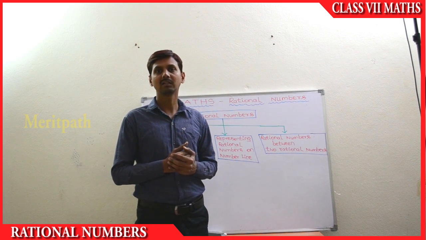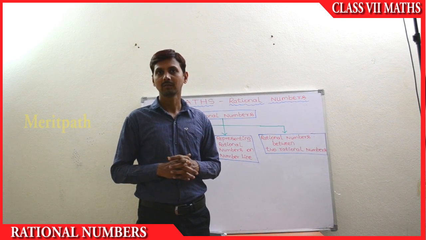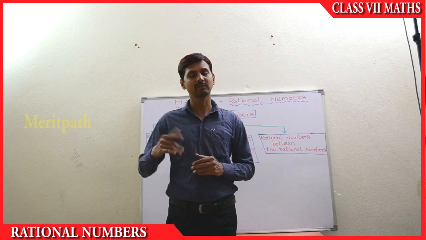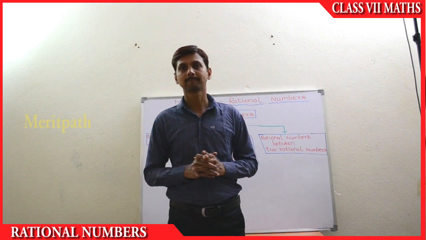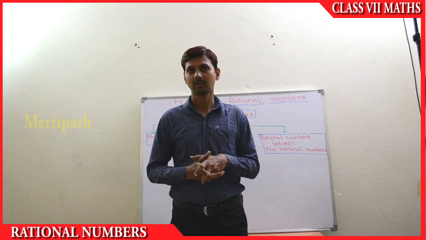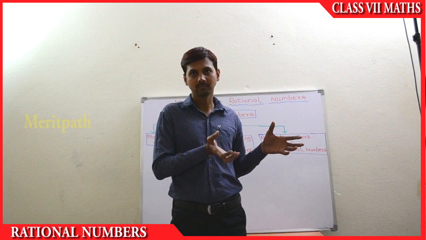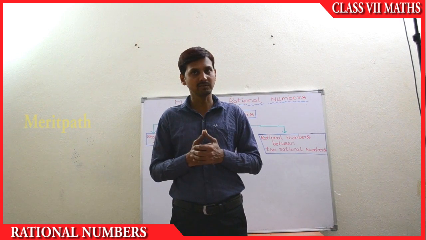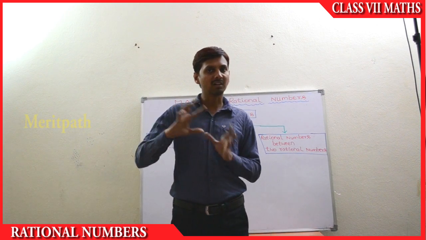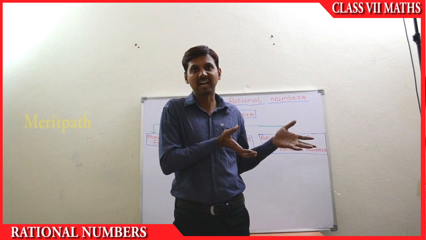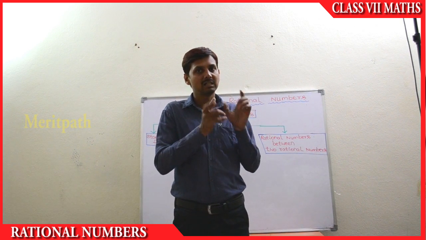Natural numbers are the numbers which are used for counting: 1, 2, 3, 4, 5, 6 and so on. These counting numbers are called natural numbers, and whole numbers are nothing but natural numbers along with 0. And integers are whole numbers along with the negative natural numbers, that are 0,